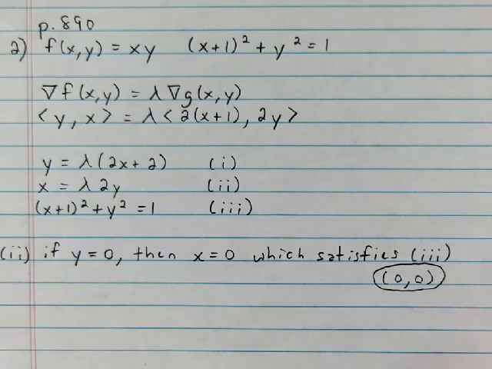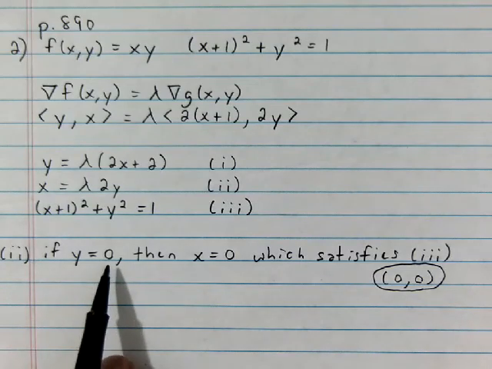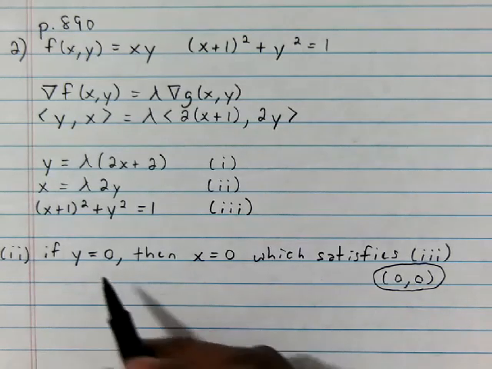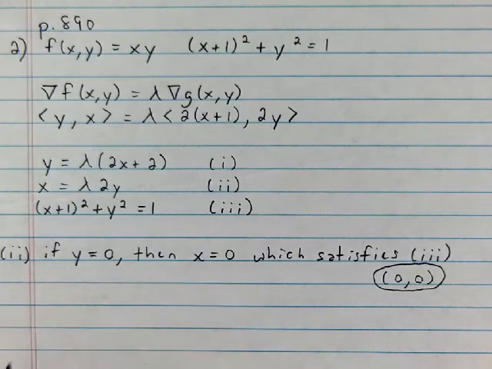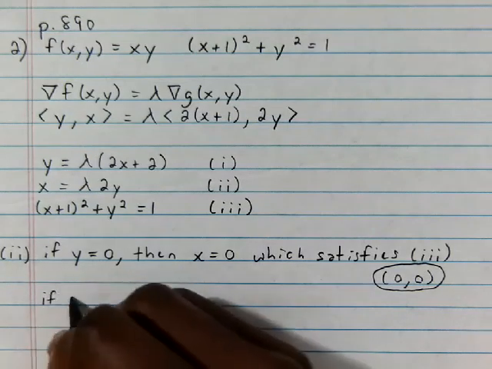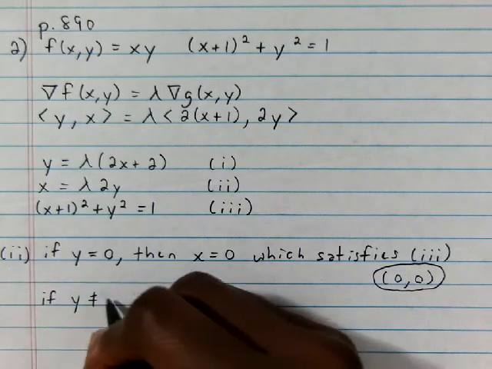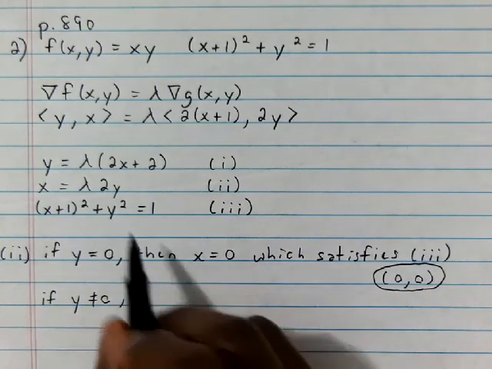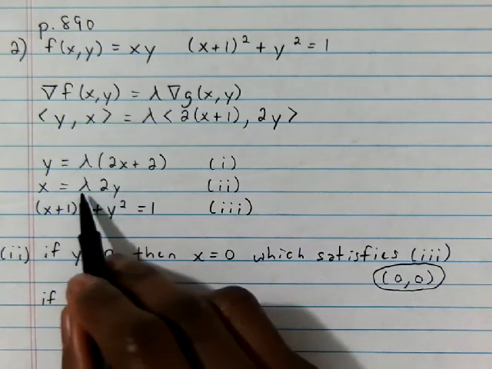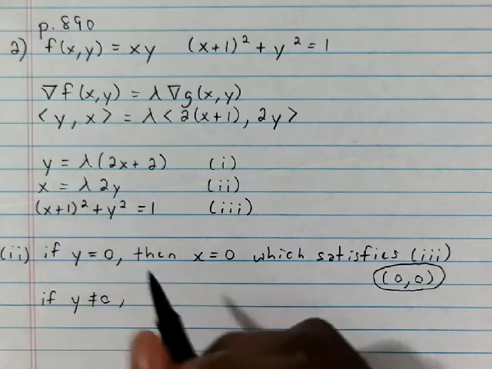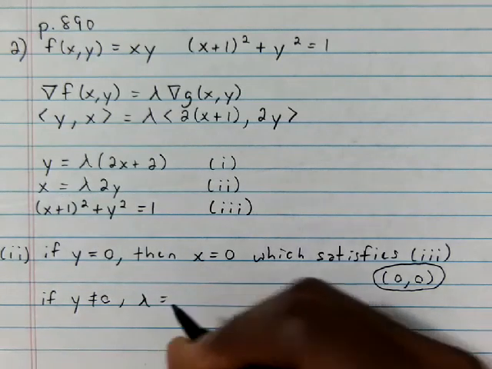All right, so now we've considered the case y is equal to 0. So now we know we're exhausting everything if we look at y is not equal to 0, because those are the only options for y. So if y is not equal to 0, then we're still working with equation 2 here. So now that y is not equal to 0, I can divide both sides of this by 2y. And I get lambda equals